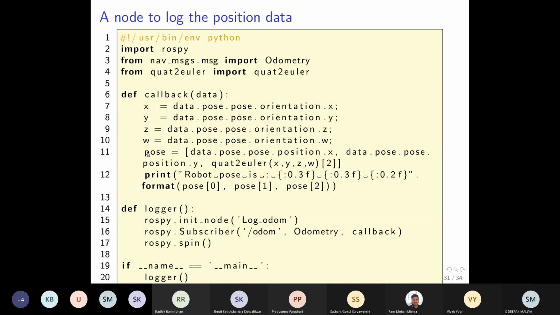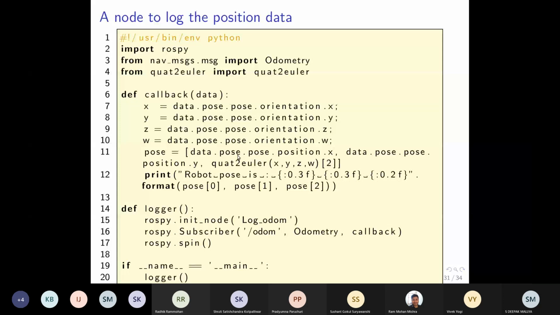It's a bit hard to read, but this pose is just a list of 3 components. I should have simplified it, but it has become very unreadable. The first component is data pose position x, so basically it is x. The second component is pose position y, so these are the x and y coordinates, the first and second components.